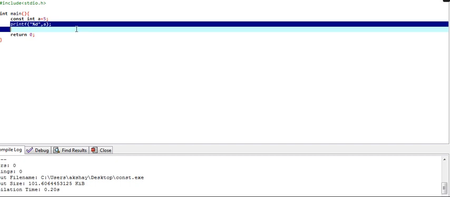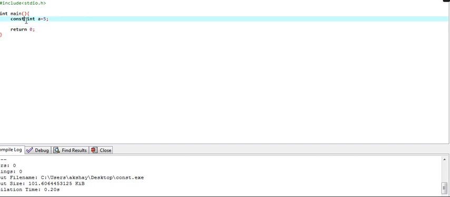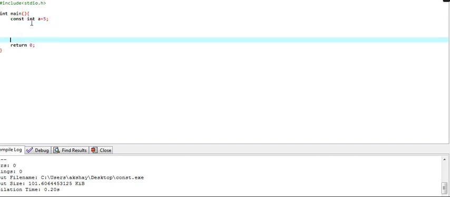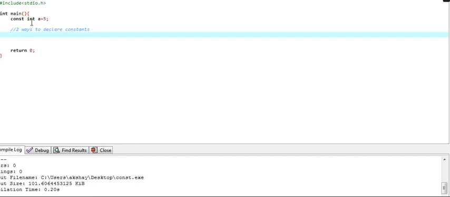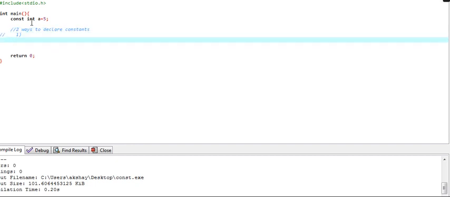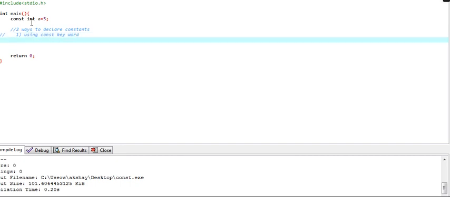So here you can read the value of a, but you cannot change the value because a is declared as a constant. In C you can declare constants in two ways. This is the first way, using the const keyword. So here I write a comment: two ways to declare constants. First is using the const keyword, and the second way is using